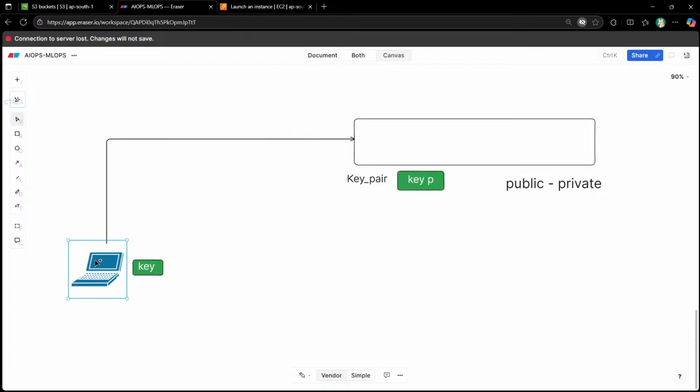Now I'm communicating with this server. If it is Windows, there is a different way of communication. If it is Linux, there is a different way of communication, nothing but protocol. So I have to communicate with this over SSH, nothing but port 22. So in my laptop, I have to say SSH,